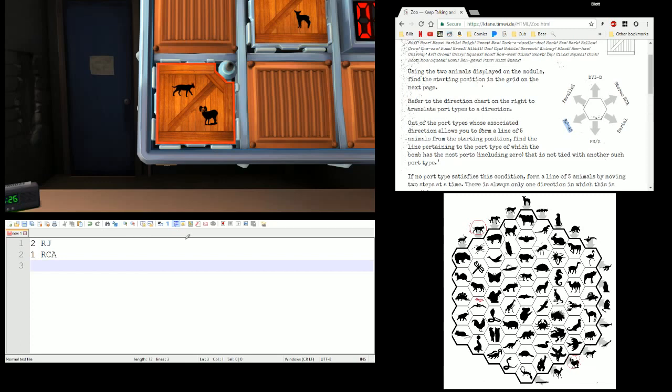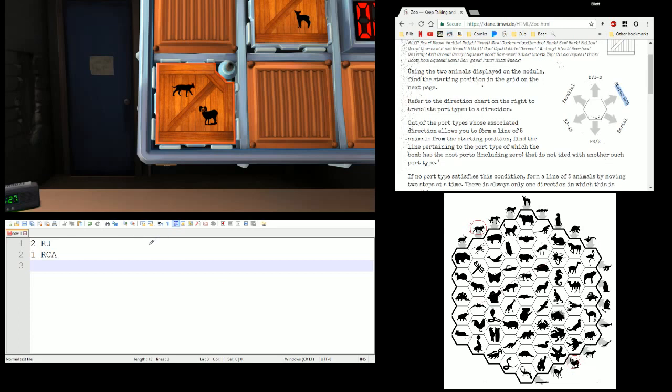Triceratops. Alright. This time, what directions do I have that I can move and grab 5 animals? Can't go north. Can only grab 4 because you can't go outside the grid. Can't go this way. Can't go this way. Can't go this way. I can go southeast, or I can go northeast. So of those 2, my options are RCA and cereal. I have 1 RCA, I have no cereal. Of those, RCA has the most, doesn't tie with cereal, so RCA is our winner. We're going to go this way, up and to the right. That's going to give me a line